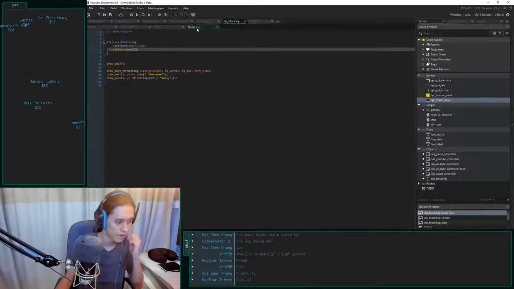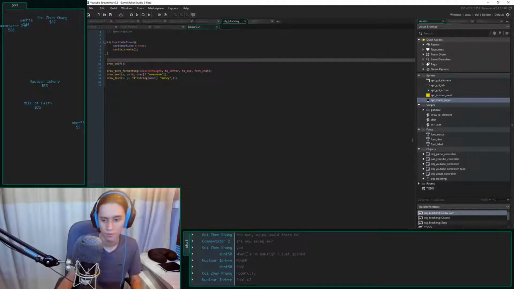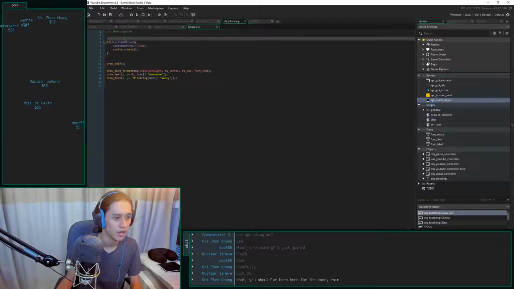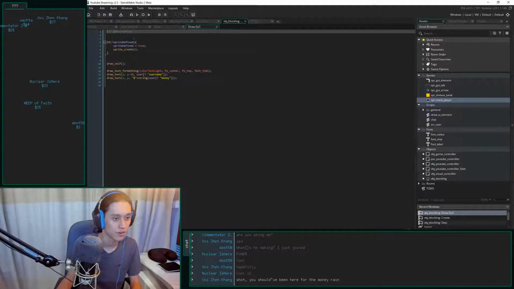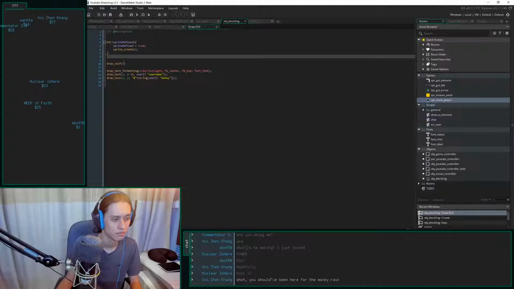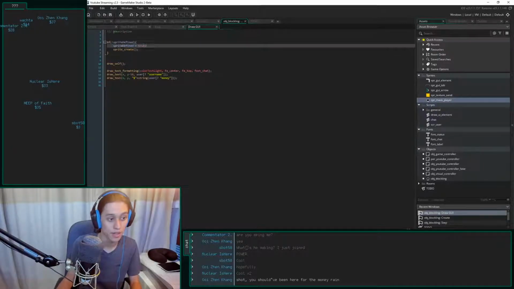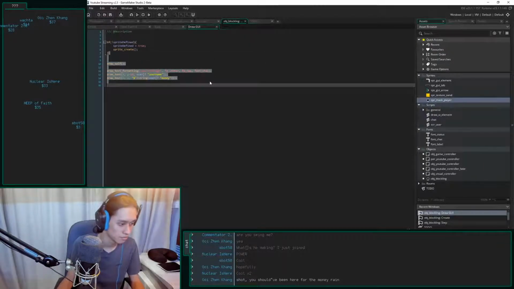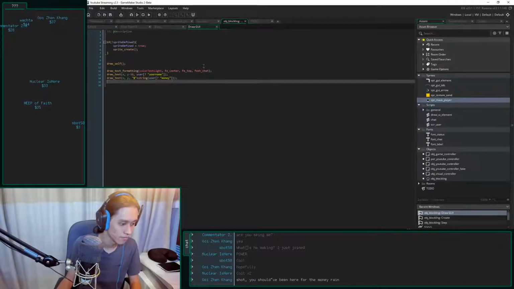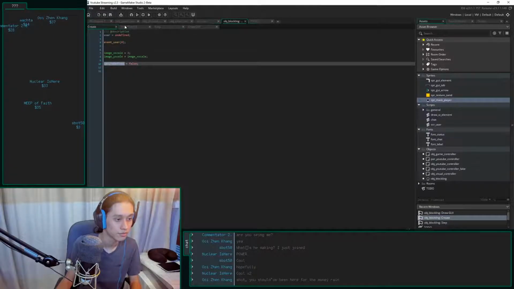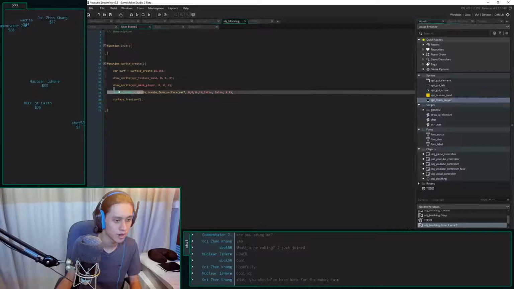It's even in the draw event now, which it doesn't need to be, I believe. It actually might need to be. So yeah, it is in the draw event now. If it's not defined, then it defines itself and then draws it. Should be easy. Should be easy. Sprite index.